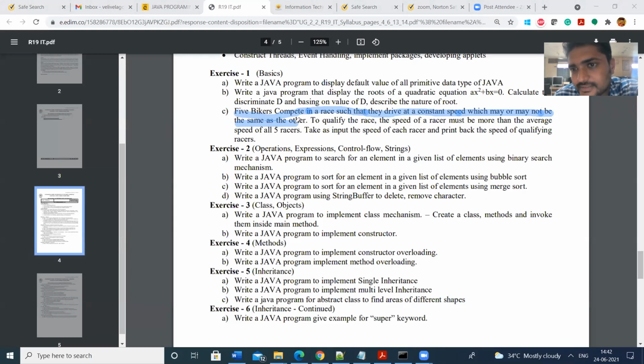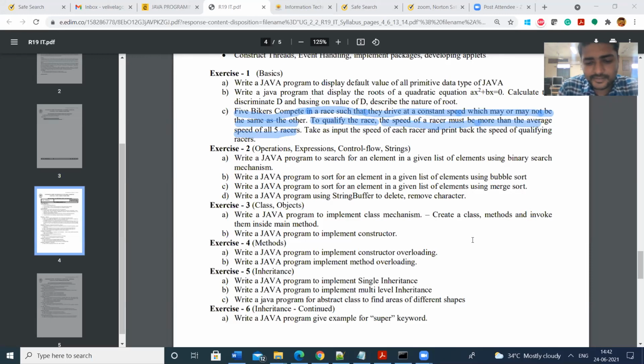They are racing for some championship. Here we are going to write the program for that. In order to qualify the race, the speed of the racer must be more than the average speed of all 5 racers.